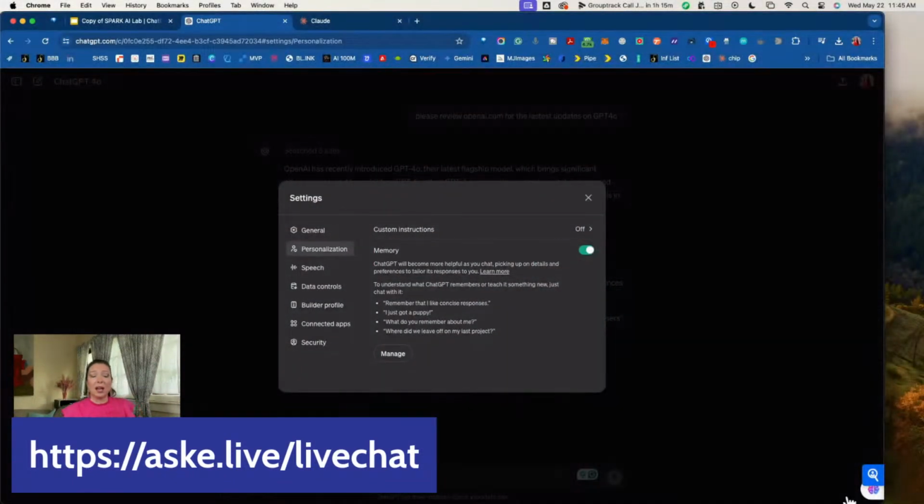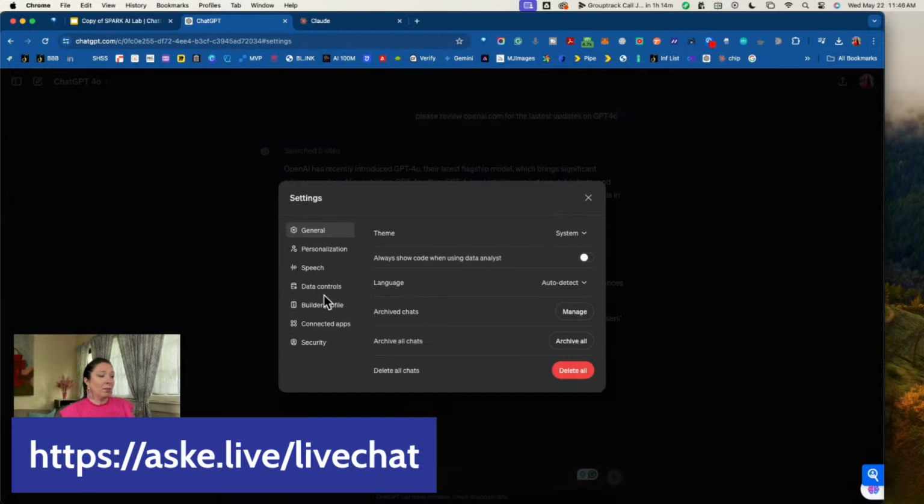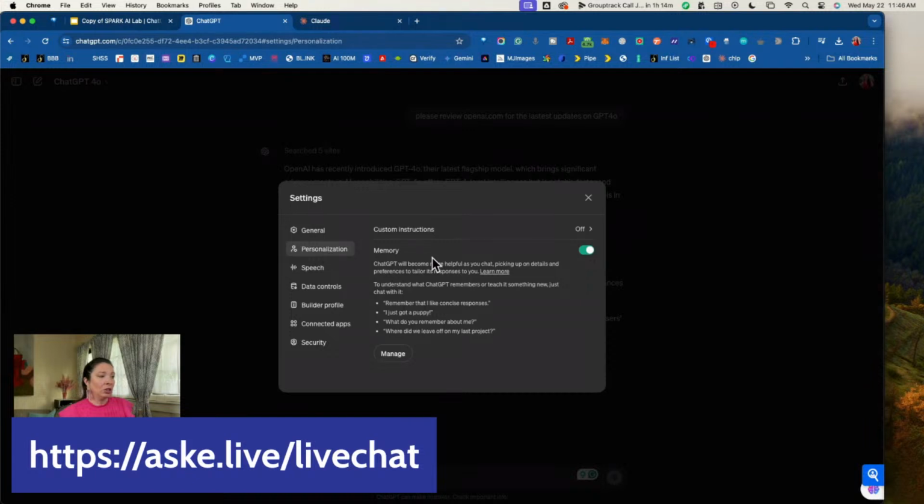As you should see on my screen right now, if you go into your settings, which is up in this corner, you will have the ability to set all kinds of different information, including personalization. What personalization allows you to do is, you still have the option for custom instructions, and then it also allows you to start building a memory. And then you select what you want it to remember, and then you can manage that.